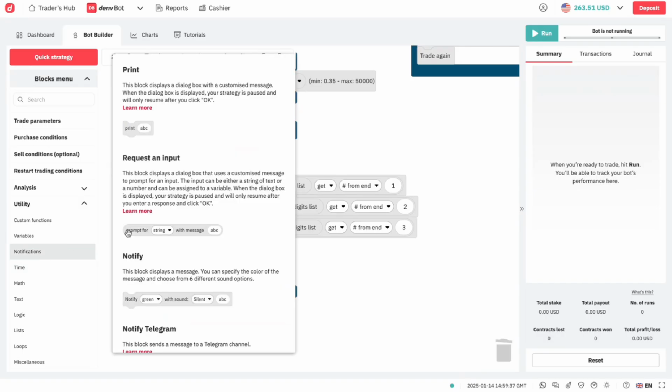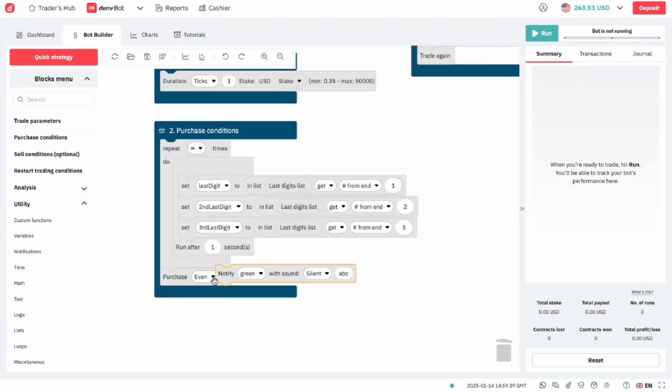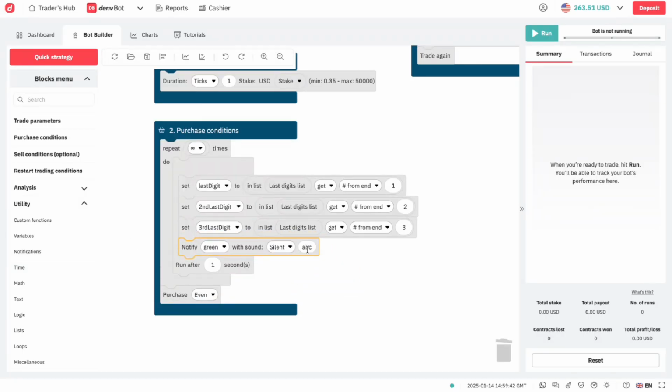Let's have a notification. Drag and drop there, notification. We remove this here and we just show, let's say, last, second last, and third last.